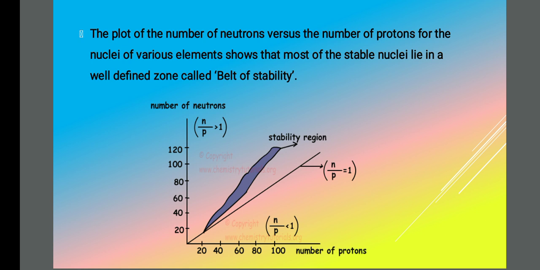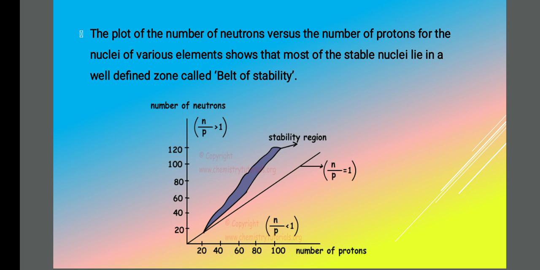Those nuclei are highly stable and they won't undergo any sort of disintegration, they won't emit any sort of radiation. In the remaining area of the plot, the value is less than 1 in some places and greater than 1 in others. The nuclei found in those areas are unstable and they emit radiation to become stable nuclei. Is it clear with the point?